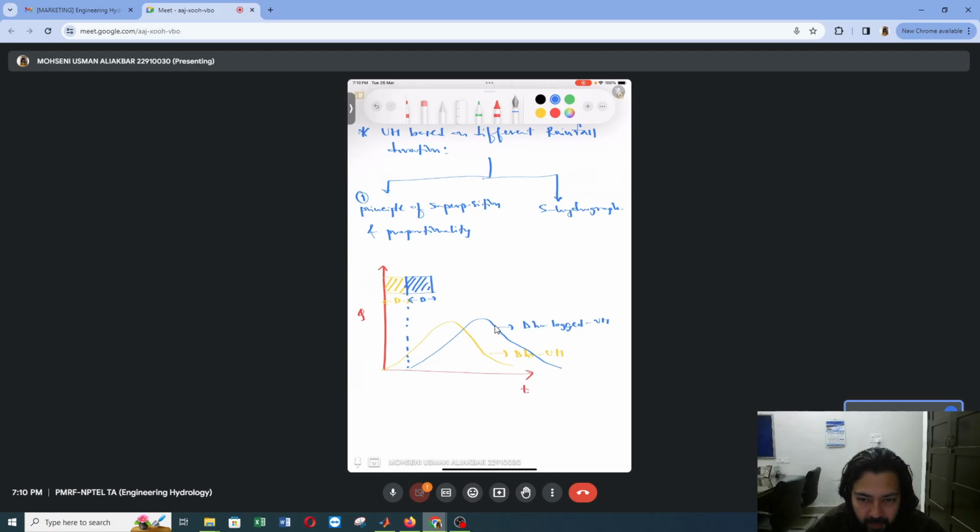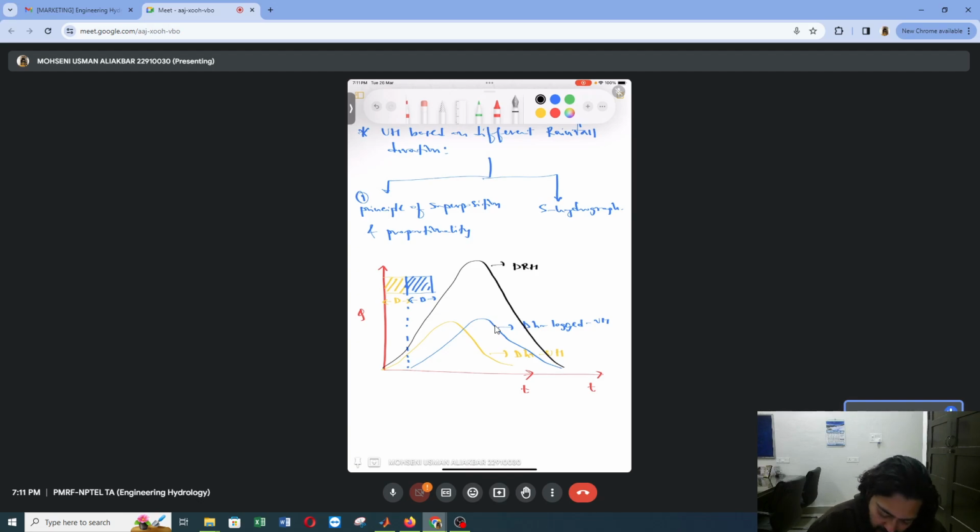hydrograph, right? So what does the principle of superposition say? That if we have two solutions, that is dr unit hydrograph and dr lagged unit hydrograph, then their summation, that is their addition, would also be a solution to this function, right? So we can say that if we sum up these two, then again there will be a new DRH, right? So let us sum these two and we'll get this. So this is nothing but the DRH that we are getting because of these two input functions, right?